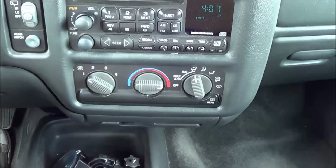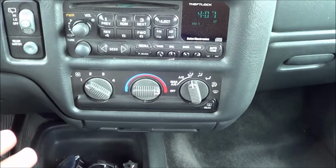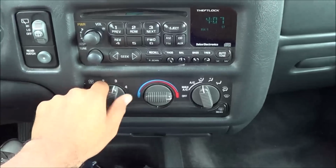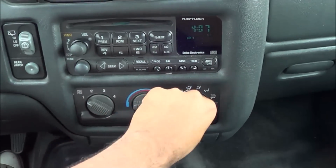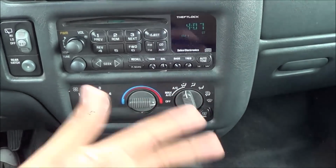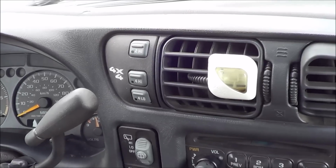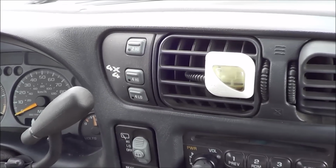Coming to your AC controls, very simple, easy to figure out. You don't need a degree to figure this out on some vehicles nowadays. Fan speeds, temperatures, and your zones, and then your rear window defroster button. Simple as that. And right there is where you'll also find your push button 4-wheel drive selector, since our Blazer